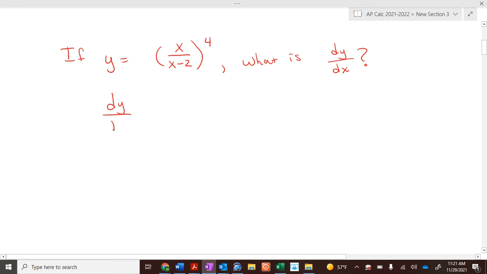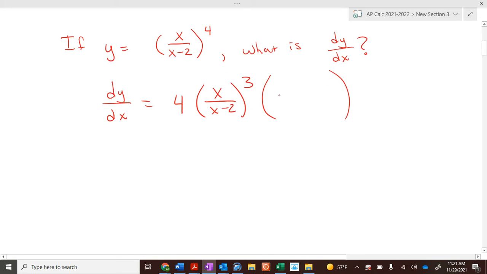So dy/dx equals 4 times (x over x minus 2) to the third, times the first derivative of the inside. Well, just as Nate Ricky said, the first derivative of the inside, you got to do the chain rule. Quotient rule, I mean. That's what Nate said. (x minus 2) times 1 minus x times 1, all over (x minus 2) squared. Okay? So,